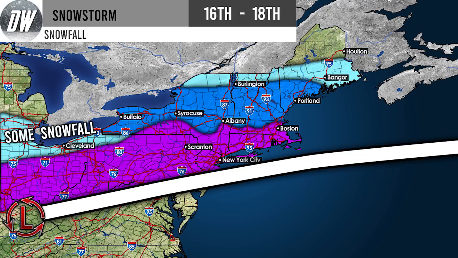Now let's get right into things. We're looking first off at our little surface map here, which depicts kind of what we're expecting as far as precipitation type, as well as the expected track of the low pressure system. You can see we expect it to track from Kentucky through Northern Virginia and out through New Jersey, and then goes kind of underneath southern New England, and it brings some mixed and snowy precipitation to a lot of these